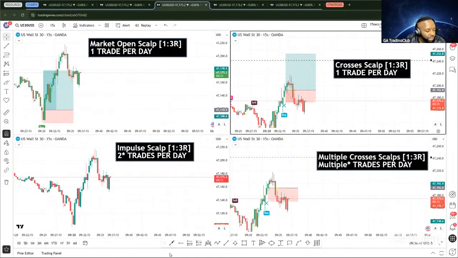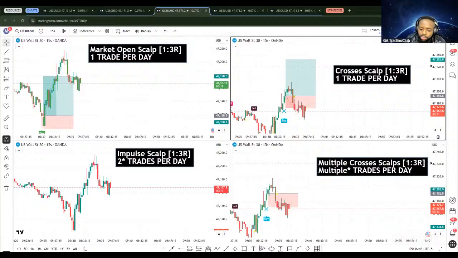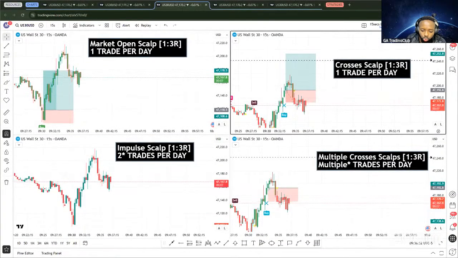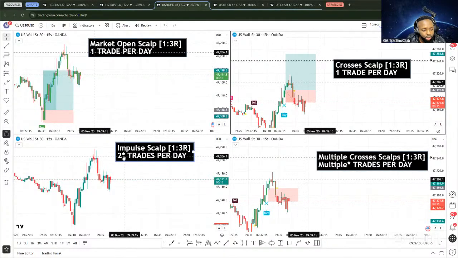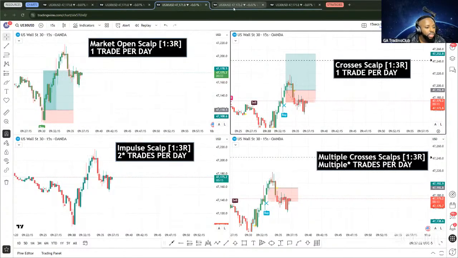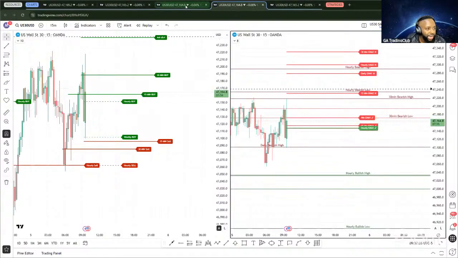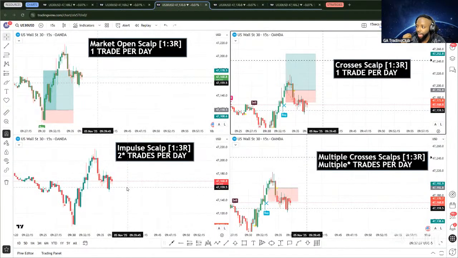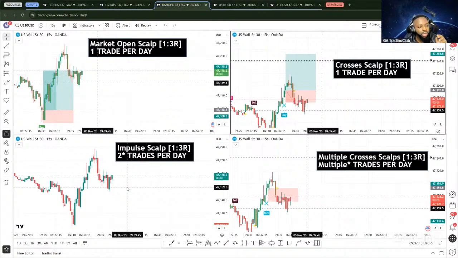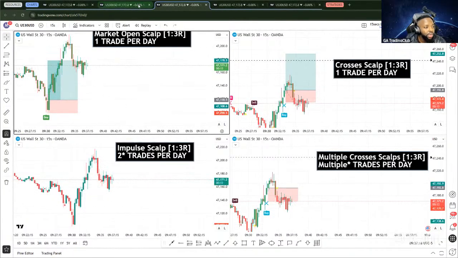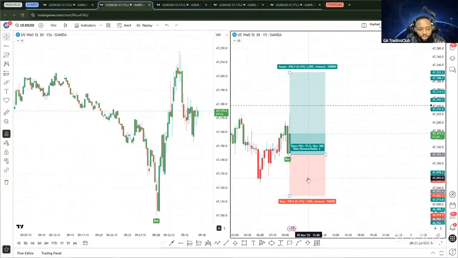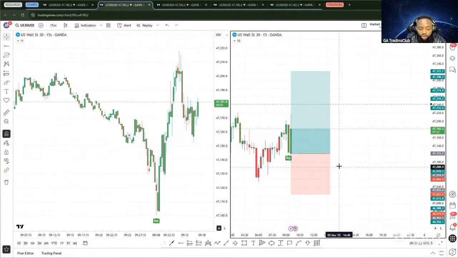Now for the impulse scalp, there's two ways to take it. Now, I did say impulse scalp, you go for 1:3 risk to reward and two trades per day, but I do have an asterisk around it. The reason for that asterisk is that you can either have a 9:30 a.m. signal. So the only guaranteed 9:30 a.m. signal that we will always have is this market open scalp. So this one you always have a market open scalp. I'm sorry, market open signal because it kind of follows this intraday